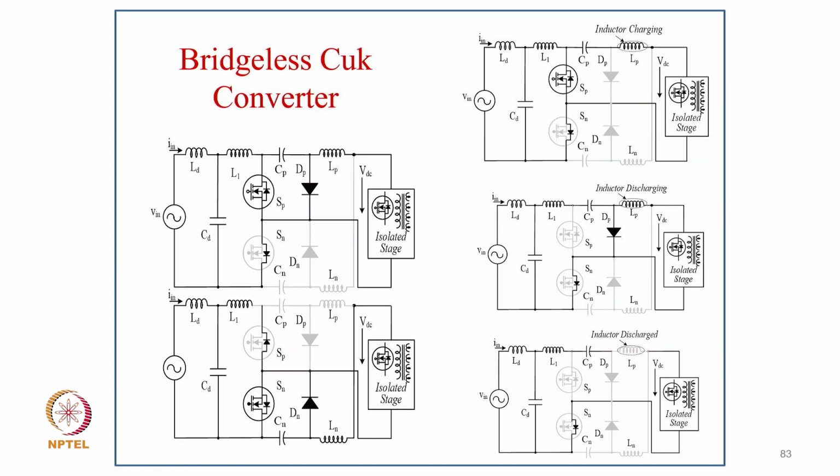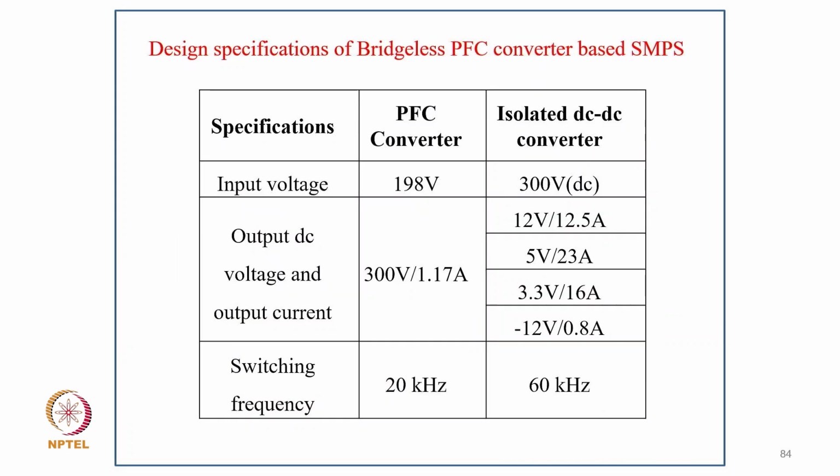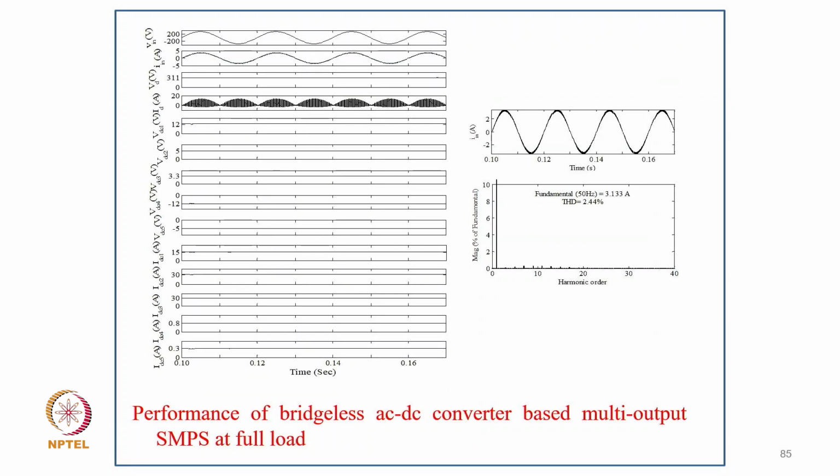And these are typically the modes. You can clearly see how the upper converter operates in all three modes, and then how the lower converter operates in all. So you will get 3 modes for the upper converter and 3 modes for the lower converter. And these are typically again the supply specifications. And then these are, of course, the simulated results, typically with the multiple output.